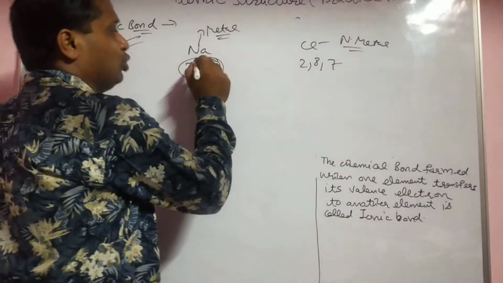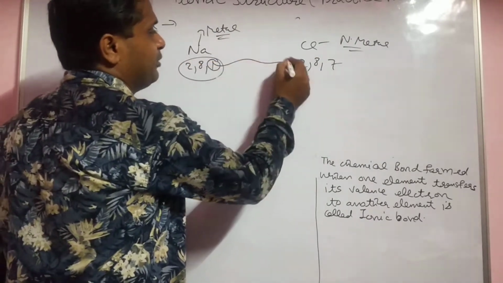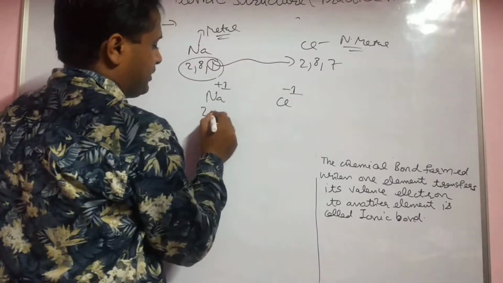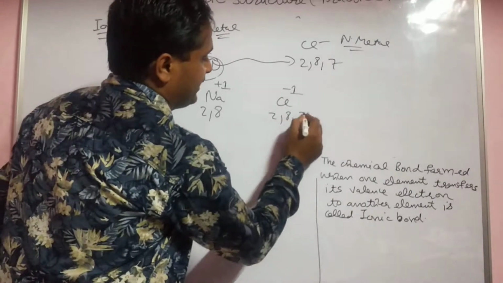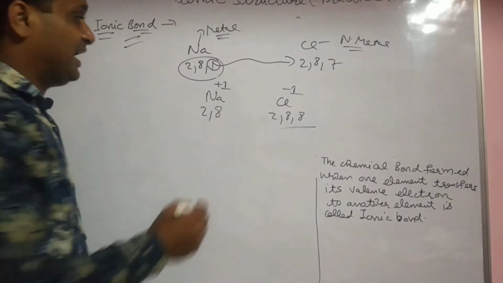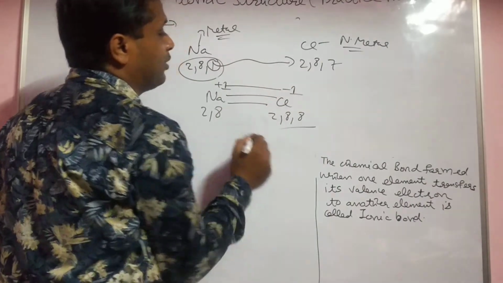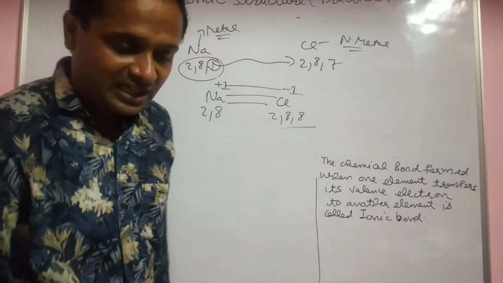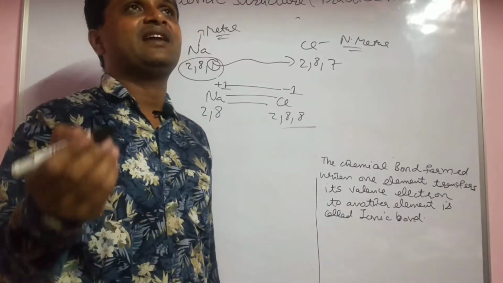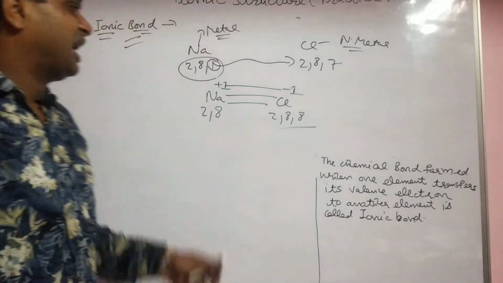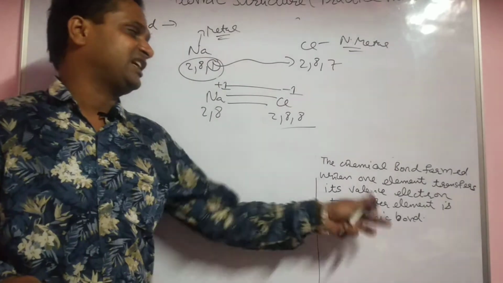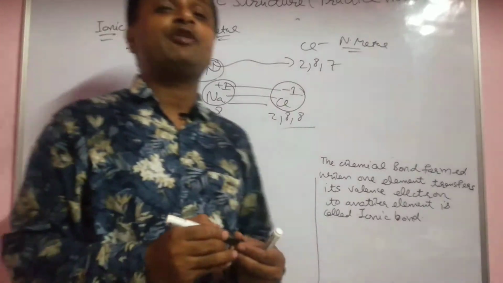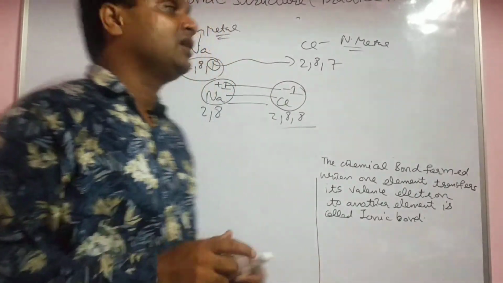If one wants to lose an electron, the other wants to gain an electron. Sodium loses 1 electron to chlorine. Sodium becomes 1 positive and chlorine gains 1 electron, becoming 1 negative. Their configurations are complete, a stable noble gas configuration. The attraction between positive and negative forms the ionic bond, or you can say the chemical bond. When one element transfers the electron and the other takes it, they become positive and negative, and due to the electrostatic force of attraction, that forms the ionic bond. Here ions form, that's why it is called an ionic bond: the bond between ions, positive and negative.